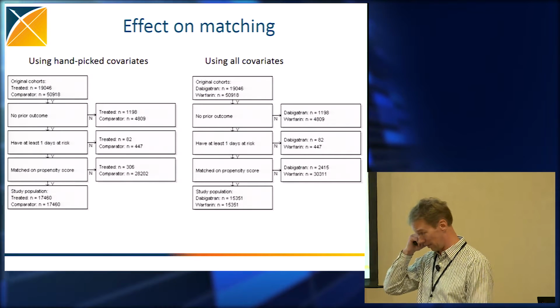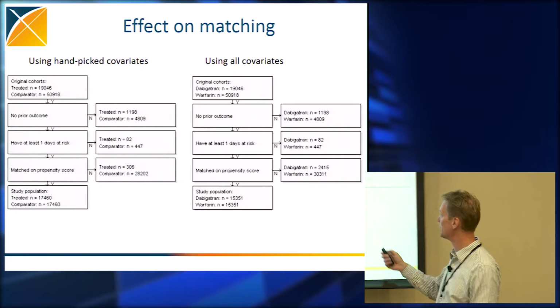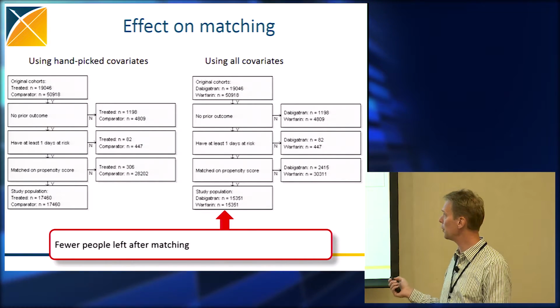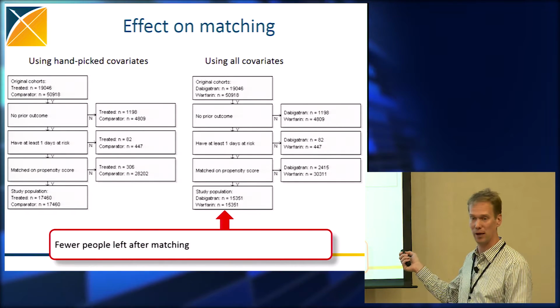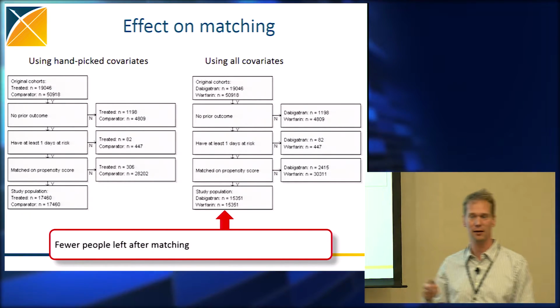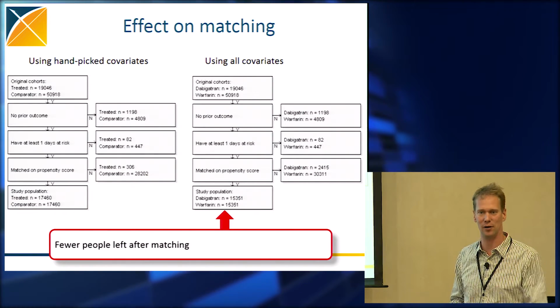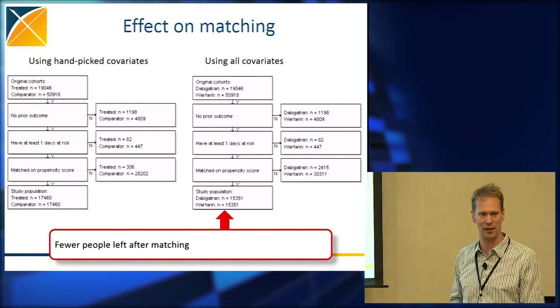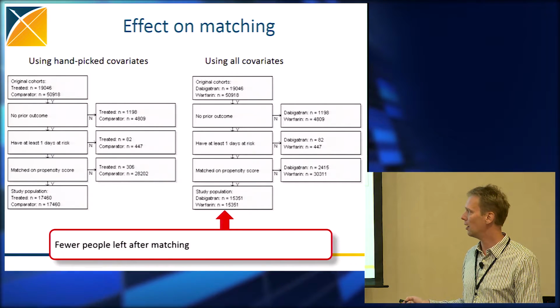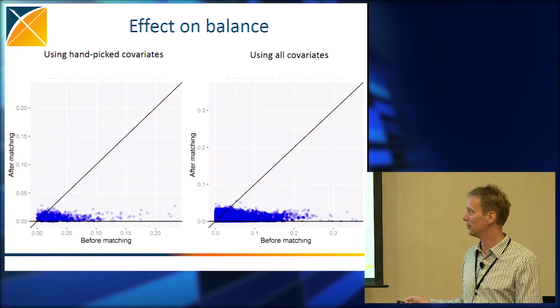So if we do the matching, we see that this actually ends up in fewer people being matched. So we are throwing away more people. We're throwing away people that are not comparable to this new subgroup, basically, of the bicatrin warfarin users that we identified. So we have fewer people. And the question is, what